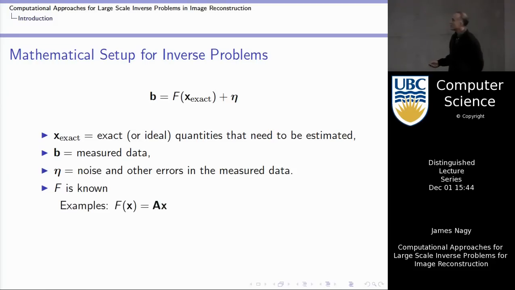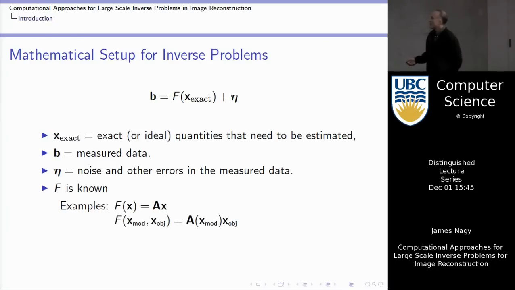So I might think of it as just a matrix vector multiplication. So we'll have b equals A times x plus some noise. Okay, so that would be a simple linear inverse problem. We'll talk more about that in a little bit. I might have a situation where, well, let me write it down like this. I have a matrix times a vector again, so a vector that's my object, something about my object,